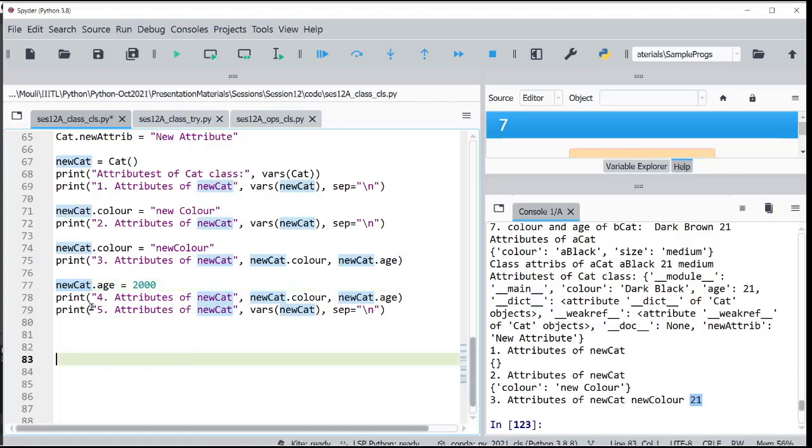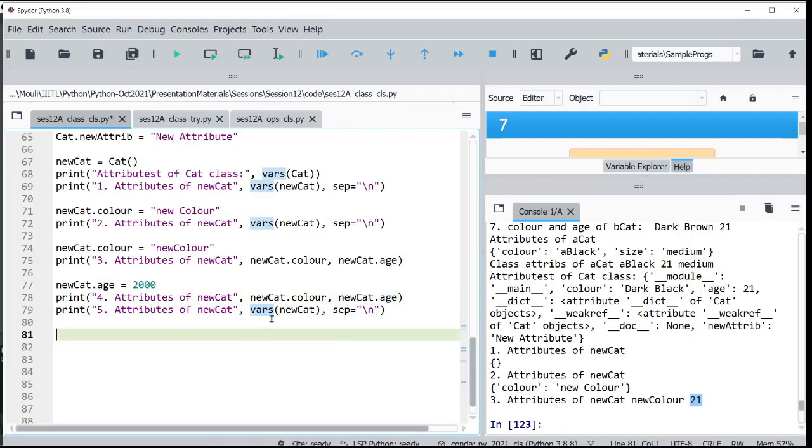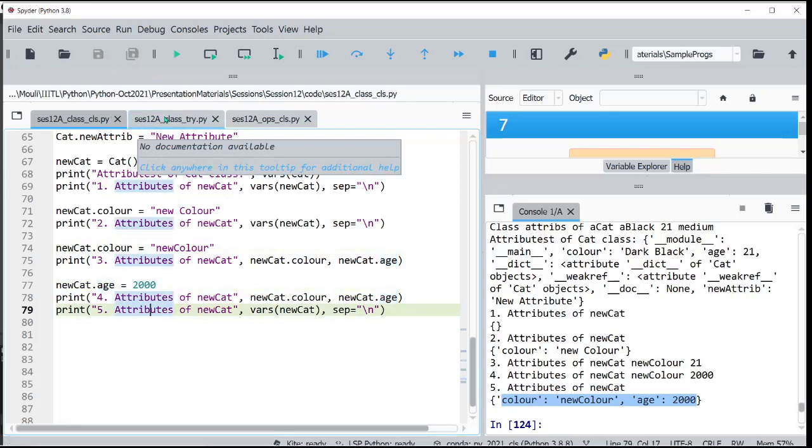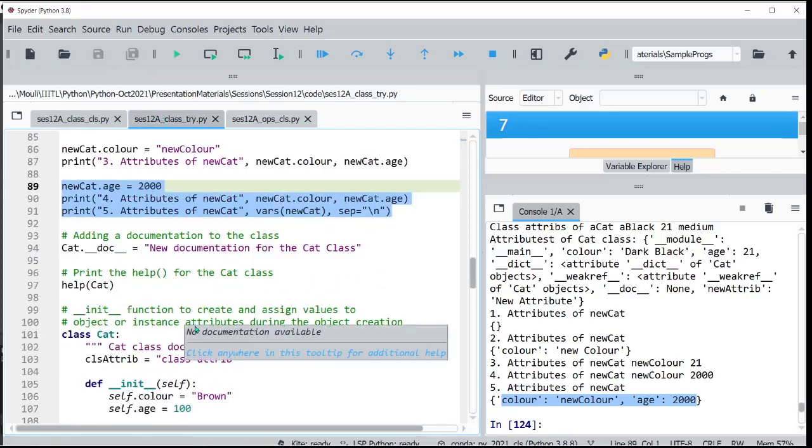It's okay. Now let us print color as well as age. Color has also become object level, so vars should get both the color and age printed here. I am accessing it individually, and I am also accessing it using this vars function. So this dictionary maintains all the object level attributes, which were remaining as class level attributes earlier. Since I modified them, they became object level attributes. That's all. I hope this is clear.